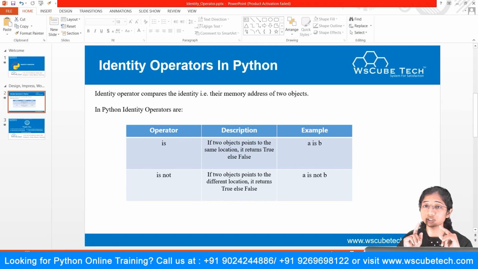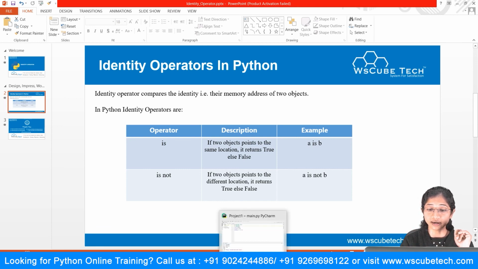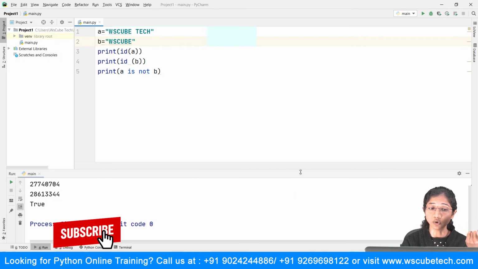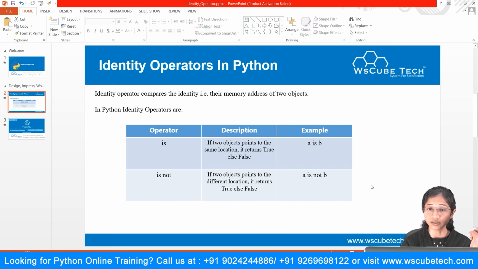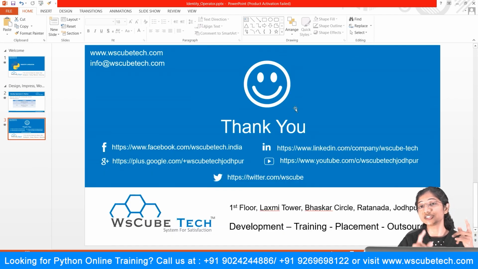So for that, you make use of the id function and make sure at what location it is. If the location is the same, then it will give you true in case of is, and if the locations are different, it will give you true in case of is not. So this was basically about the identity operators in Python. I hope that this is clear, and thanks for watching and see you in the next video.